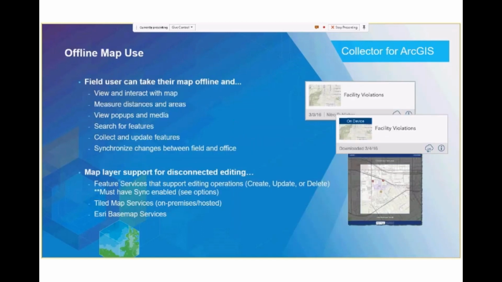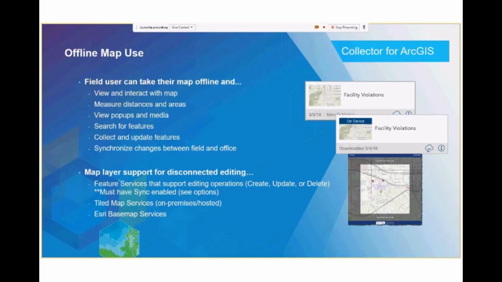One of the best features we had with Collector, I think this was really requested a few years back, is the capability to take your maps offline, because we realize that the areas that sometimes users want to go to, they don't have access to internet. And the first release of Collector for ArcGIS really didn't have this feature. So if you lost network, basically you lost the maps that you're working on. So with this Collector now, you're able to take your maps offline with you and basically get the full advantage,